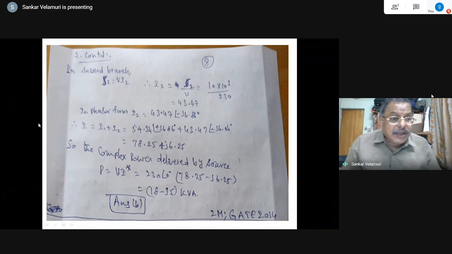Okay. And I is equal to I1 plus I2. Right, so it is a phasor addition. This phasor addition is not directly 54.34. You know that R1 at an angle theta 1 plus R2 at an angle theta 2 is not the same as R1 plus R2 at an angle theta 1 plus theta 2. So people should not get confused. By now you are more familiar with this type of complex calculation.